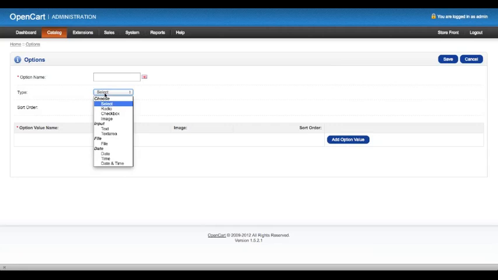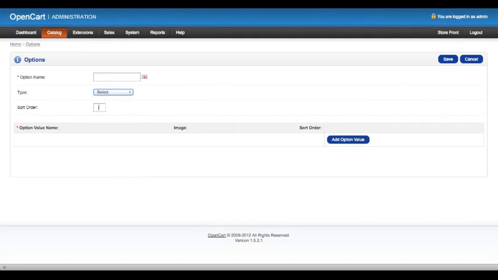Radio will only let you select one option value also, but instead displays the option with a circle button to fill in next to it. For example, if you've ever purchased clothing offline, you will have to select the size you wear. Most of the time, there will be the size with the option circle next to it. If at first you click a medium and then realize you need a small, the medium dot will become blank as the small dot gets filled in. Checkboxes will let you select multiple options at one time.